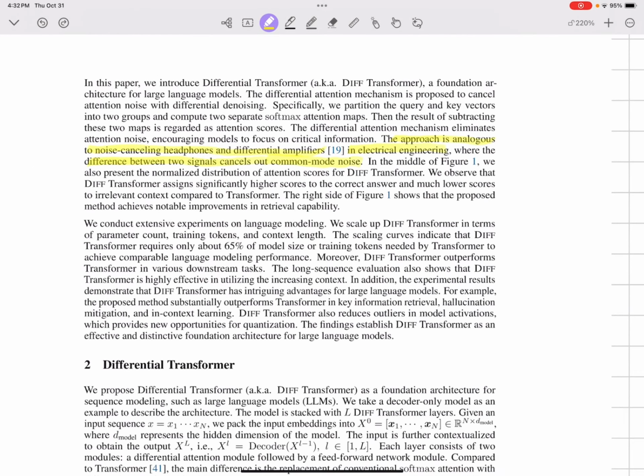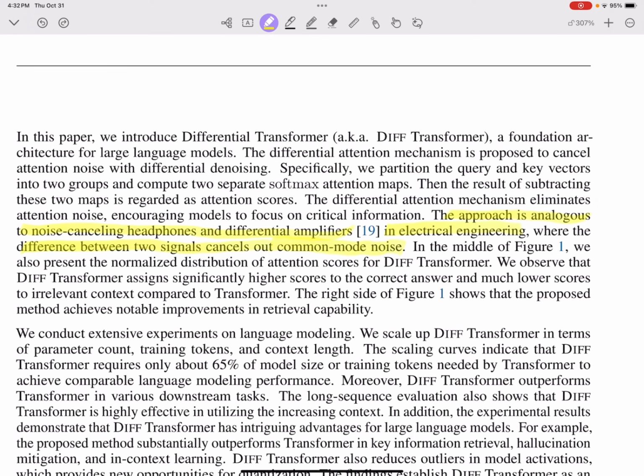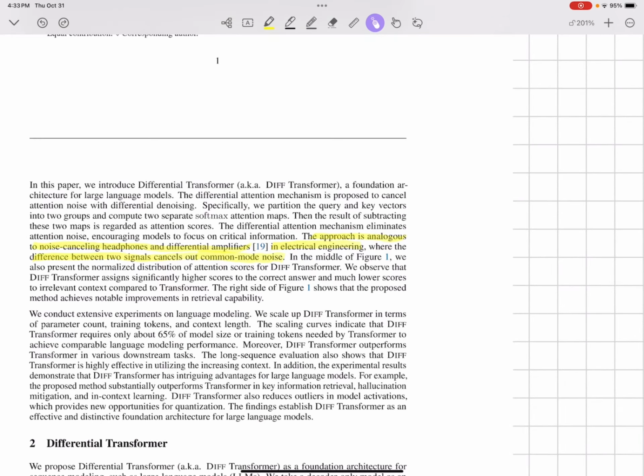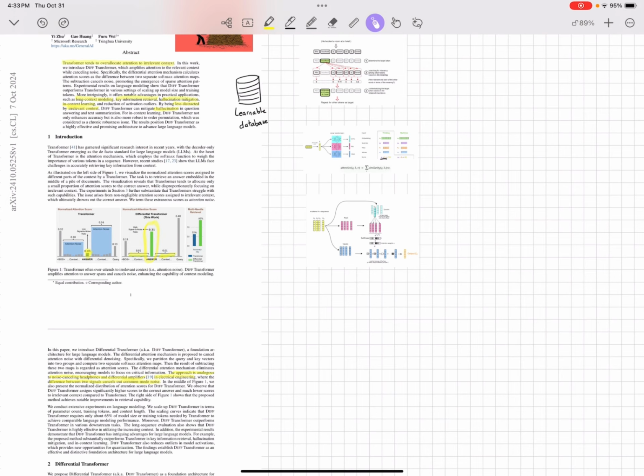So how does it cancel? One thing I wanted to mention before is that this approach actually came from electrical engineering, for noise cancelling headphones and differential amplifiers, where the difference between two signals cancels out common mode noise. And that's important here: two signals. So how do they use two signals in this architecture? If I go back here,